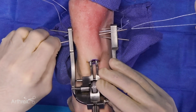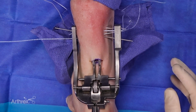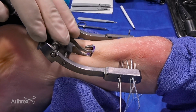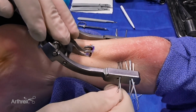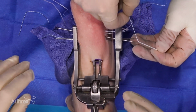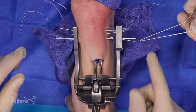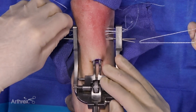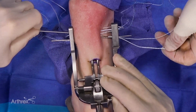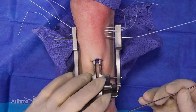So this is our first loop suture that will be utilized for our lock technique. And so I pull that needle through, and I'm going to go ahead and then put this in number 5. And we're going to put the other loop suture. And you'll see what we did is we took the non-loop end and pulled that through for position number 3. On this side, we put a looped end for position number 4. So again, you've got to make sure you have a loop on either side of the tendon to appropriately lock